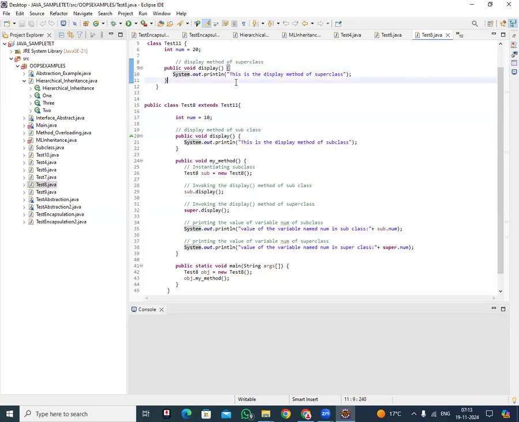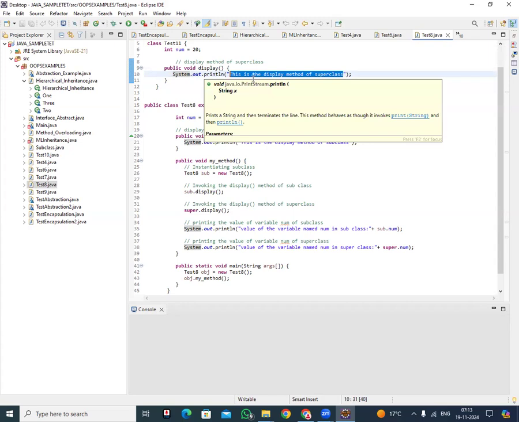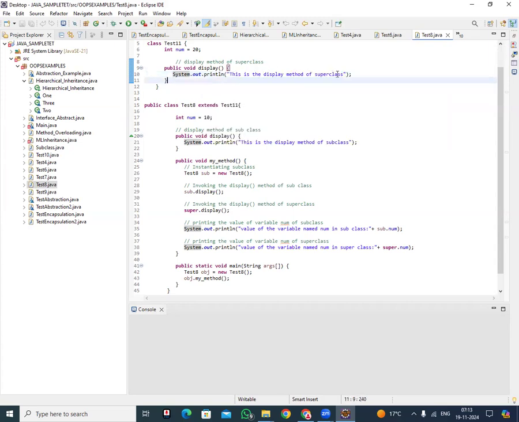If you observe, in the parent class the definition of the display method prints, this is the display method of superclass, using system.out.println. If you observe in the child class,